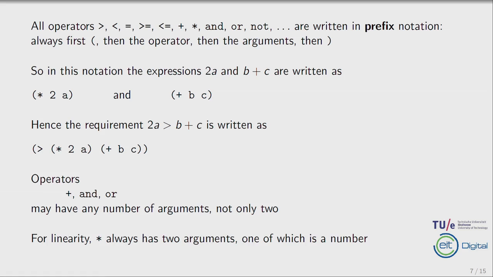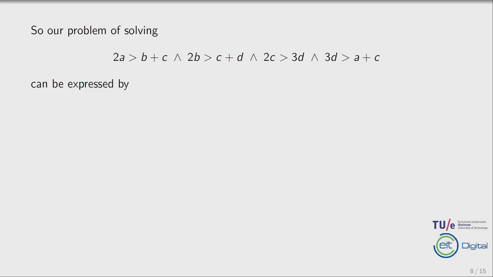For linearity, star always has two arguments, one of which should be a number, otherwise the expression is not linear, and then typically the tools do not accept it or are very poor. So our problem of solving 2a greater than b plus c and so on can be expressed by the following